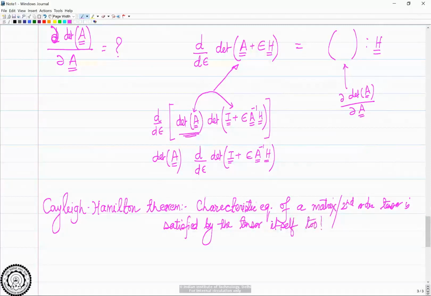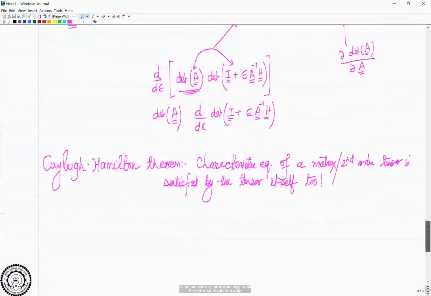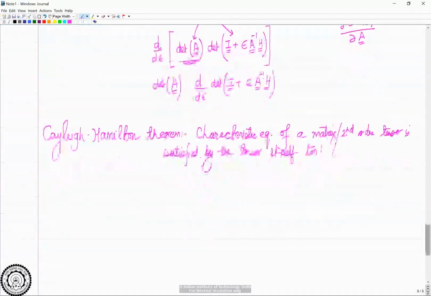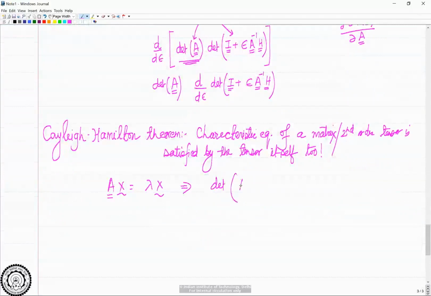Two. Now, what is this characteristic equation? Say you have a matrix A or tensor A, and you want to find the eigenvalue. So Ax equals lambda x. Then you end up with the determinant of A minus lambda times identity. Okay, and you have to set it equal to 0, and then you end up with a cubic polynomial, remember,